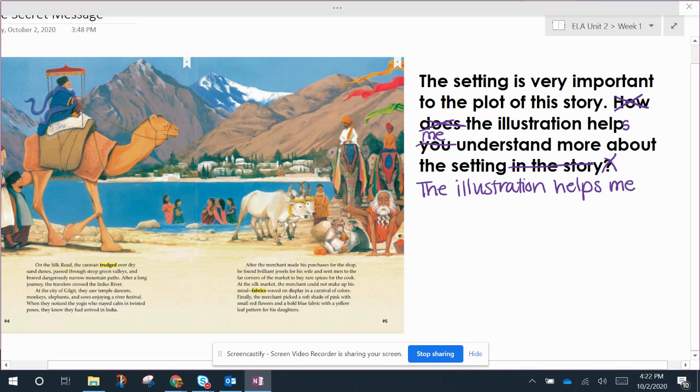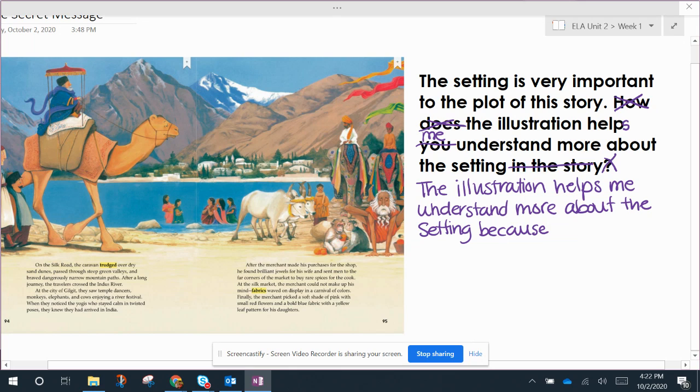The illustration helps me understand more about the setting because